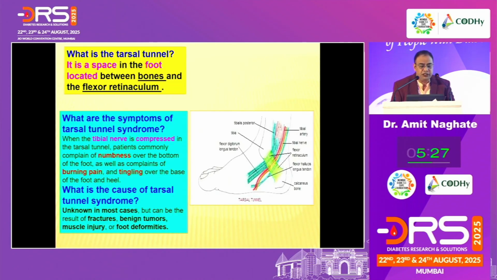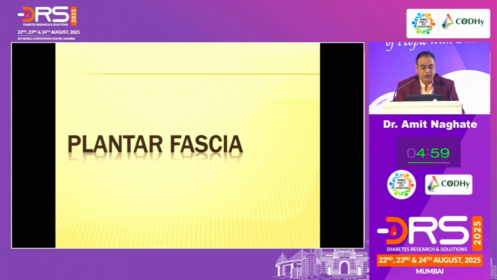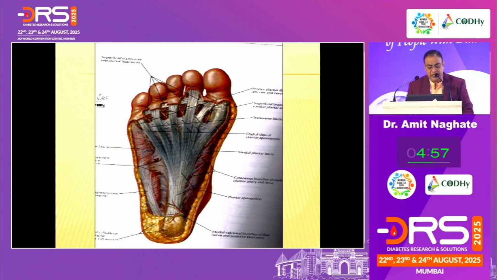This is another space called the tarsal tunnel, which is formed between the bones and the flexor retinaculum. This is another point where the tibial nerve can be compressed. If there is an infection, inflammation, tumor or fracture there, this can lead to numbness, burning and tingling sensations. So this has to be analyzed or diagnosed before labeling the person as diabetic neuropathy straight away. These are the fascias where we can see that there is